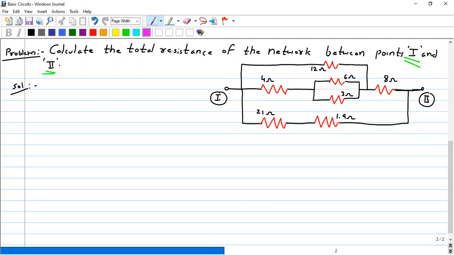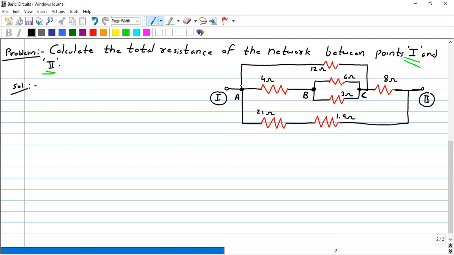When you want to find the equivalent resistance, you need to see which resistances are in parallel and which are in series. One of the ways you can follow is to always try to mark the nodes with some alphabets. Let us say this point I will mark capital A. Next, this point I can mark as capital B node. This I'll mark as C. So this is also the same point C. So this is C only.